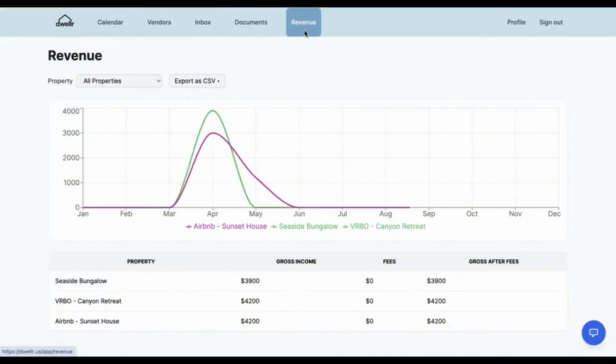This is the revenue page. It has revenue data for all those properties you have loaded into the system. You can select which properties you want to see this graph for. You can export it. It has a quick table of gross income and gross after fees, and it also has